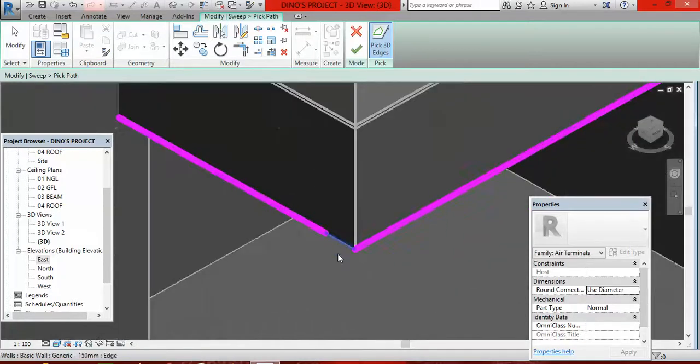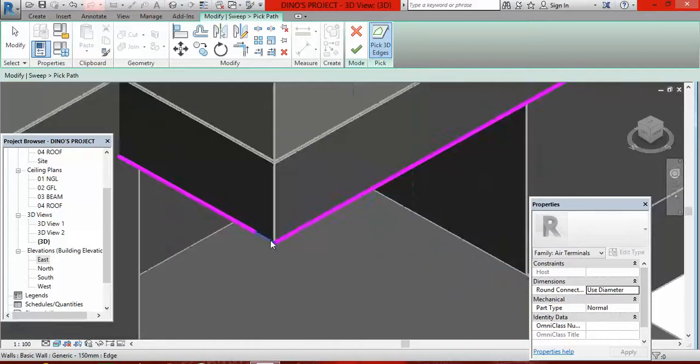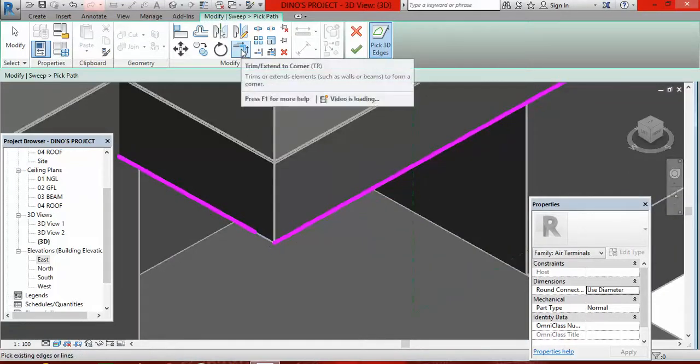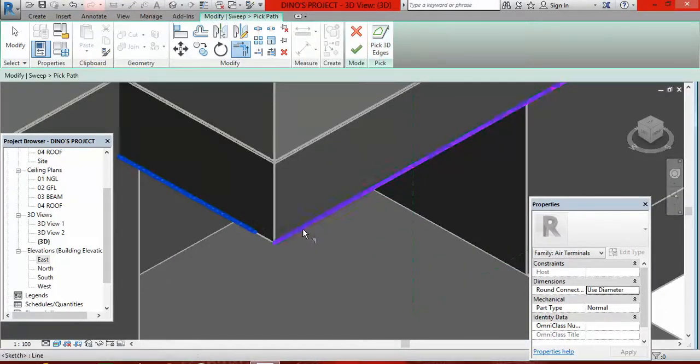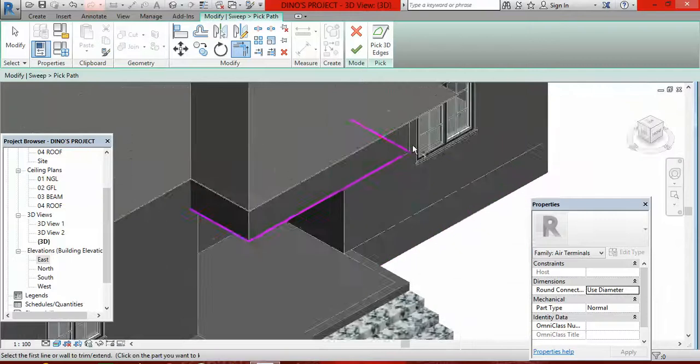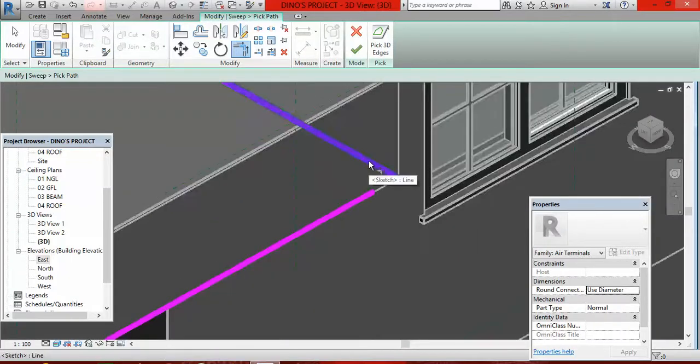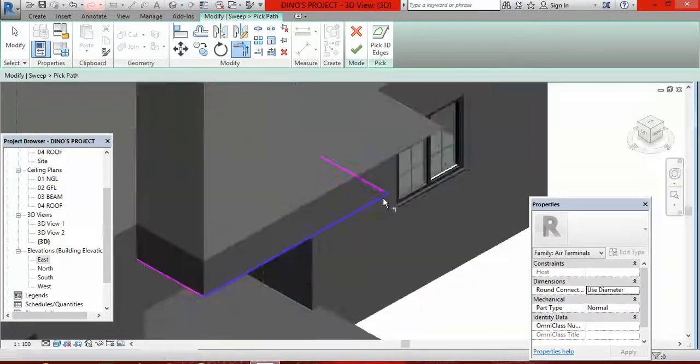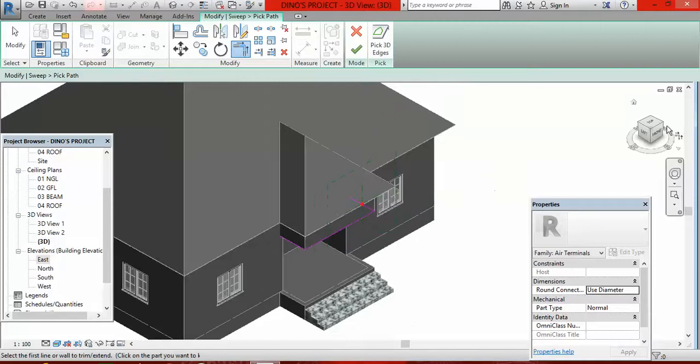Sometimes they will not join, but you have to make sure you join them. If not, your efforts cannot yield any results. Select this string and click here and click here to join that one. See this one, if this one is joined, it is not. So click on this one and click on this one to join it. When you have done that, rotate the building again